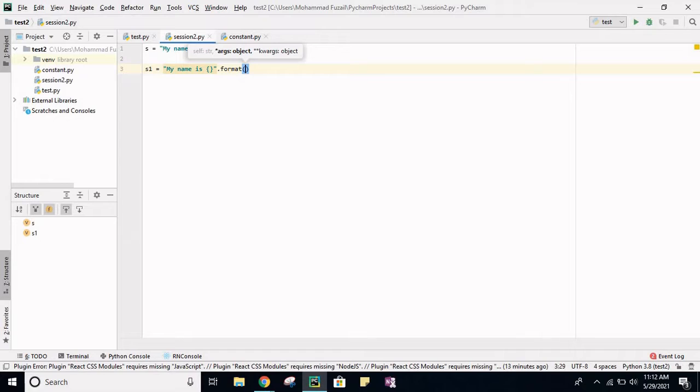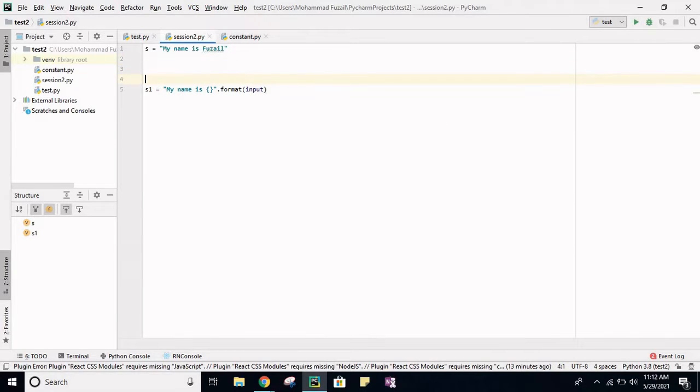In this format function we assign values. Suppose we have only one blank, so we have to provide one value for it. I will add the value as input, whatever input a user gives.